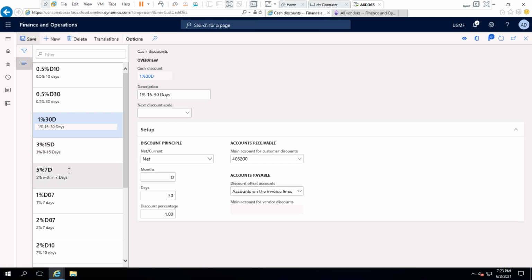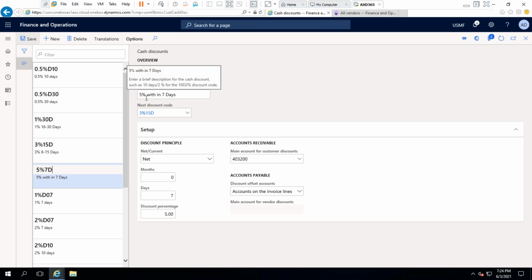Understood the cycle? The first discount is we are giving an offer to pay the customer within 7 days. I will give you 5%. If it is missed this one,